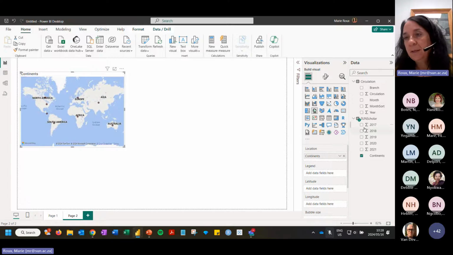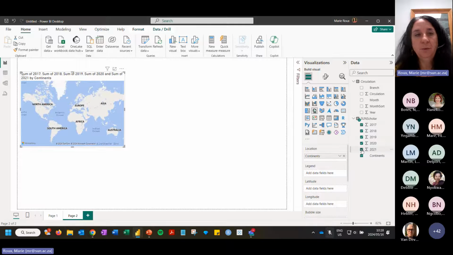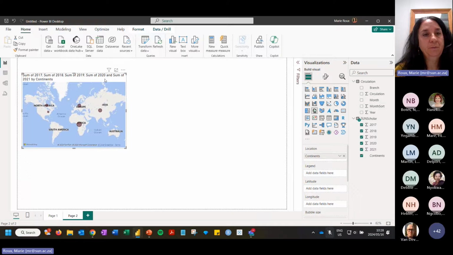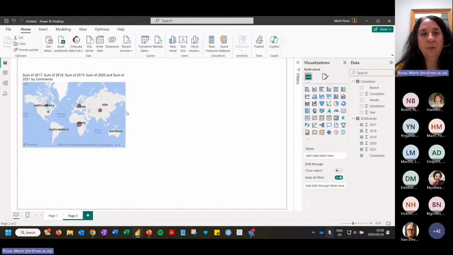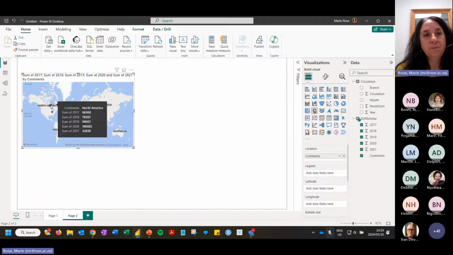And now you will see when I add the years, the bubbles for each continent will change according to the sum of the views from those continents. Okay, so now with a few clicks of buttons, you have a world map indicating from where most of the views per year come from with our SunScholar repository. So you will see it's per year, and again,